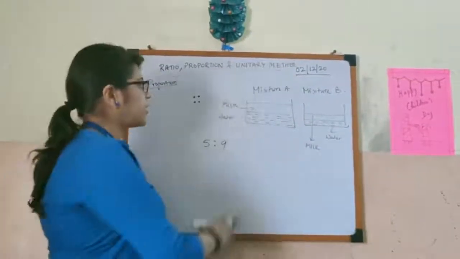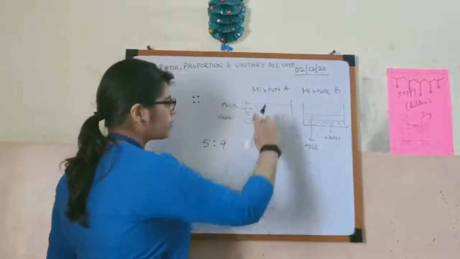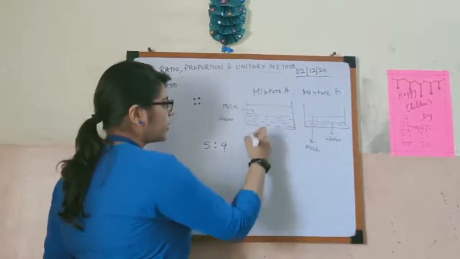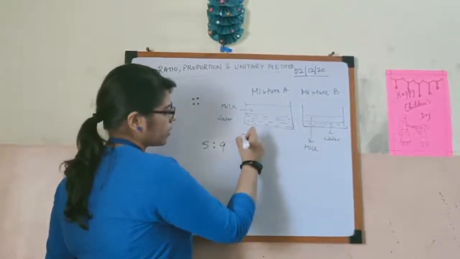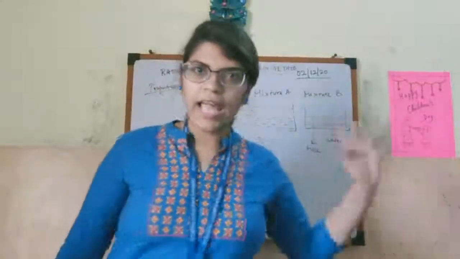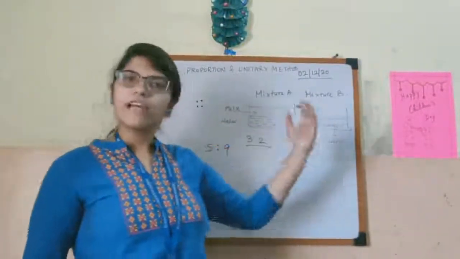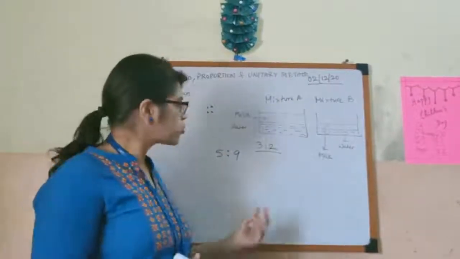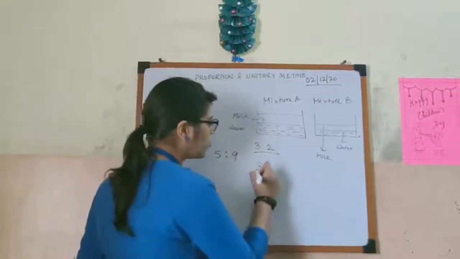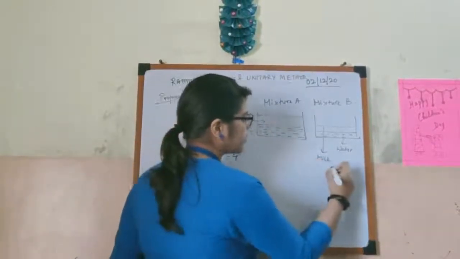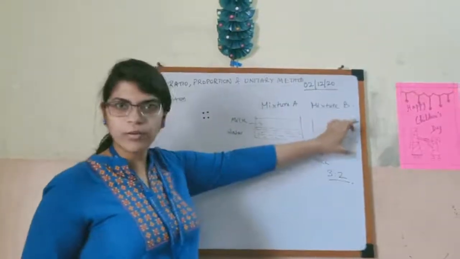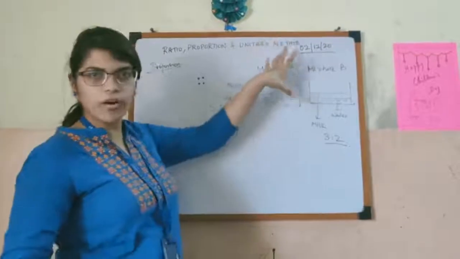But you have to remember that if you have a certain amount of water and a certain amount of milk, suppose the milk and water ratio is something like 3:2 in mixture A, then in mixture B, whatever the ratio is, that ratio should be an equivalent ratio of 3:2. That means what? Let us take 3:2 for this one, because this is the ratio having less amount of water and milk, right? And here we have more amount.